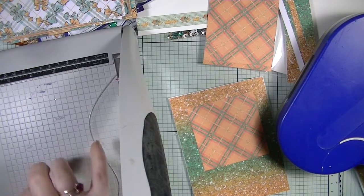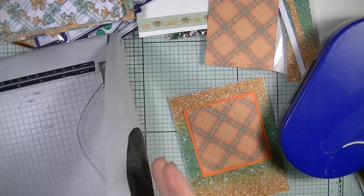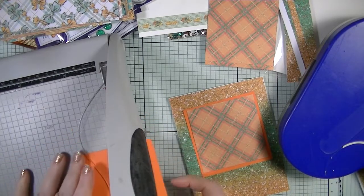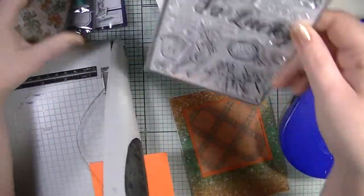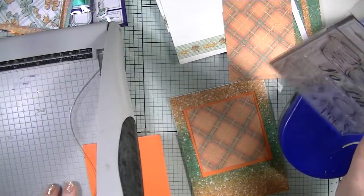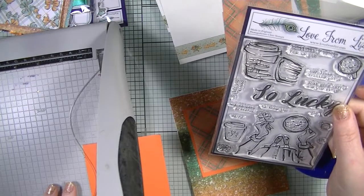Bless him. Right, and then I'm going to pop that on there. Yeah, I like that. I love that a lot, actually. And then I'm going to do just a thin strip. Do I want to do a thin strip? Where's the stamps? Because I'm thinking that I might... Thank you. I'm wondering if...